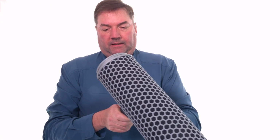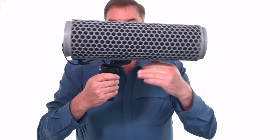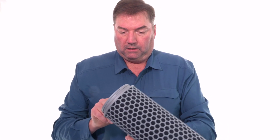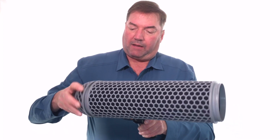And so the blimp slides on here and it locks into place. The system is really nice because you can use it with different size microphones, so it's universal. Trust me, that's a long microphone, but there are longer ones. Oh. So go figure that some people want that. And then you can put the end caps on,